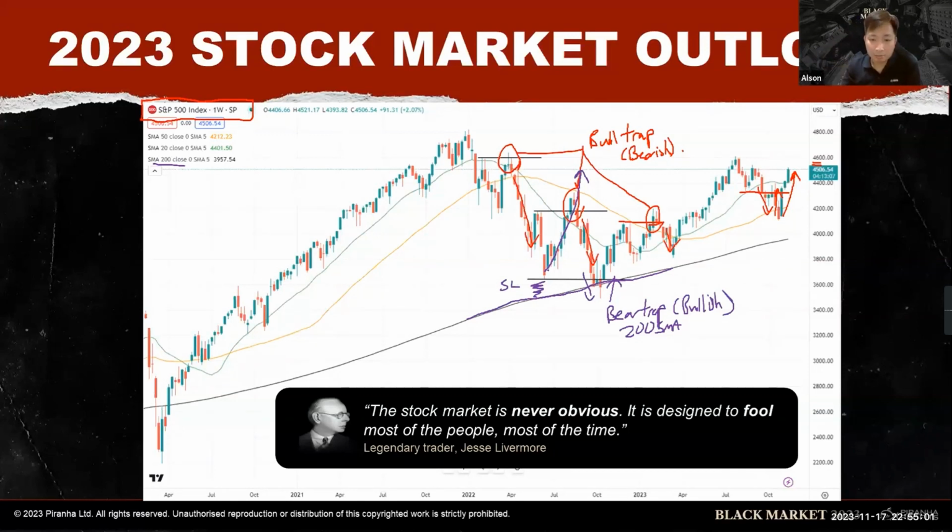lot of panic. In fact, during that time there was a lot of bad news on high inflation and the Fed increasing interest rates, and a lot of people dumped on the negative sentiment and let go of their positions. And I saw the market maker was using the bear trap. The market maker was doing what we call accumulation. Accumulation means that when people are selling, the big boys are buying. When people sell, big boys buy.